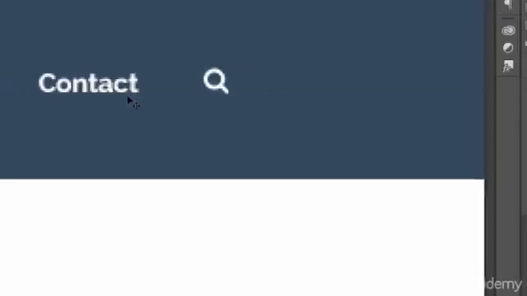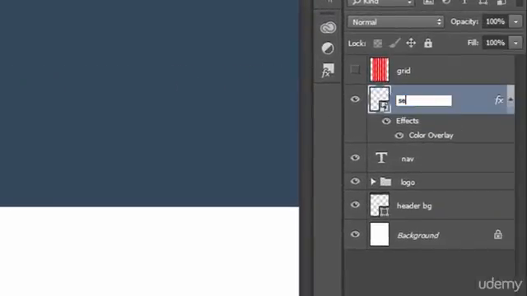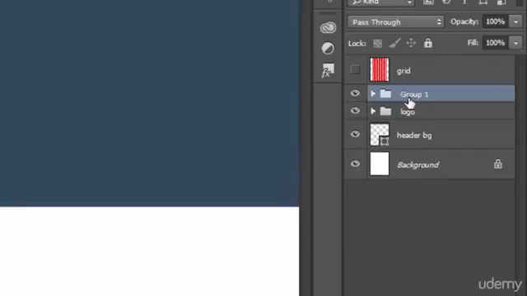It's 4 pixels. So press Ctrl D to deselect. Select this search icon. First make sure that the move tool is selected. Yes. Now hold the shift key and press the right arrow key 3 times. 1, 2, 3. So that's it. That's a perfect 34 pixel gap. Okay. And let's rename it search icon. Now select this one and also this nav text layer and make a group by pressing Ctrl G and rename